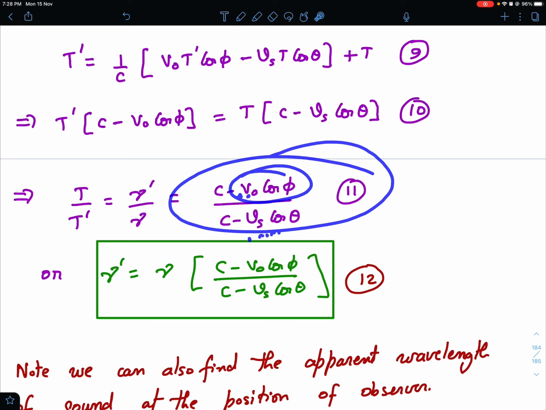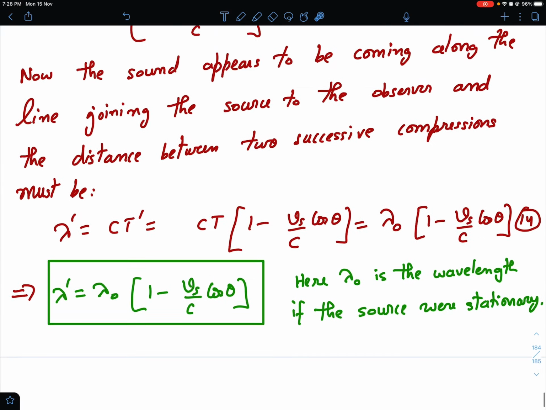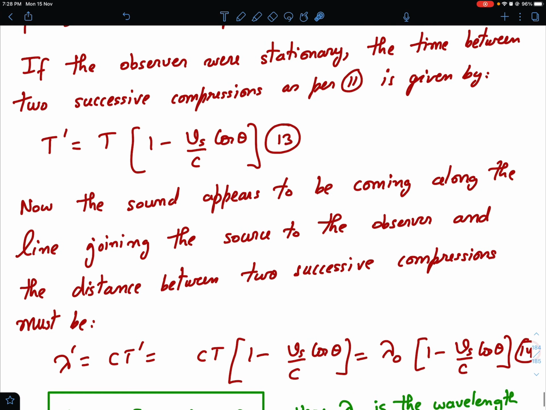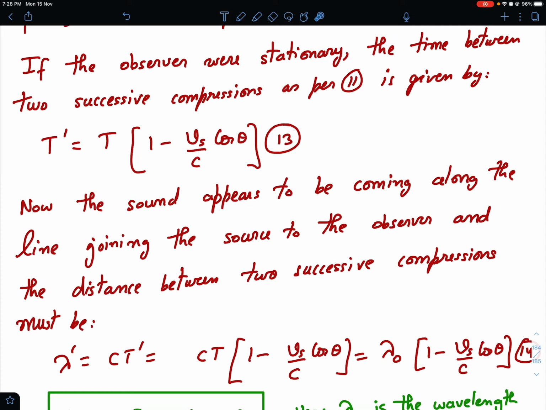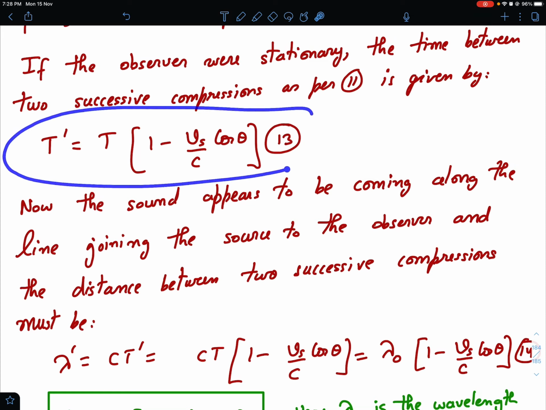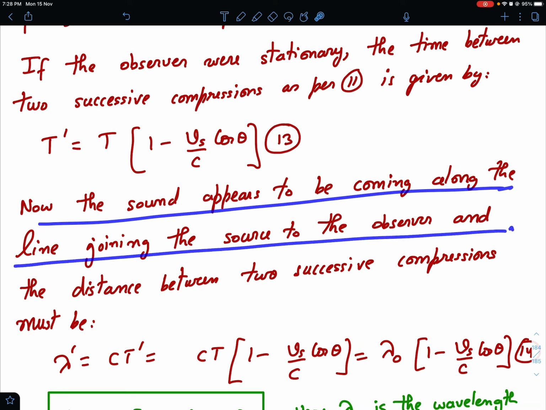see in this equation, if I put the observer to be stationary, then t prime will be simply, you can just rearrange this equation, t prime will be t into (c minus Vs cos theta) whole thing divided by c only. This will go to 0 if you take the observer as stationary, okay? So that's what I've written. So t prime becomes, just rearranging equation 12 and putting v observer 0. So this is your t prime, right?